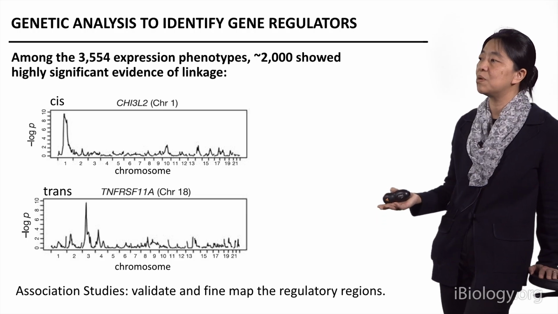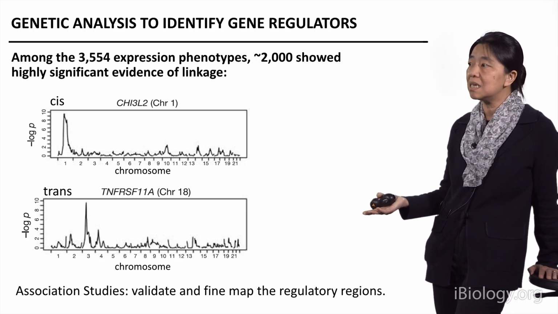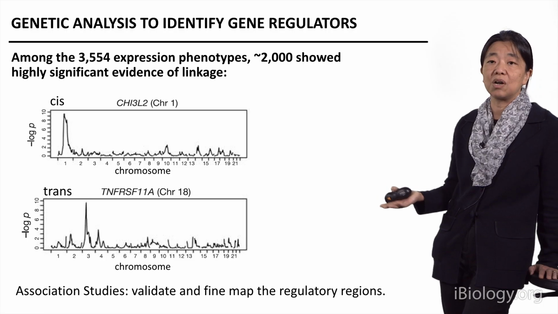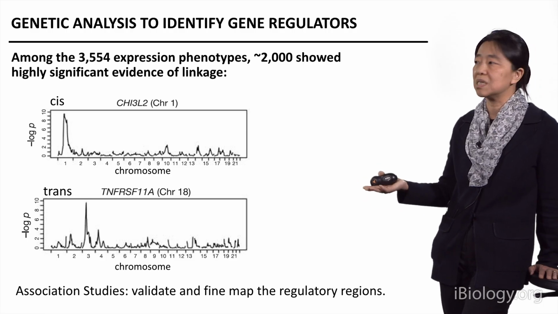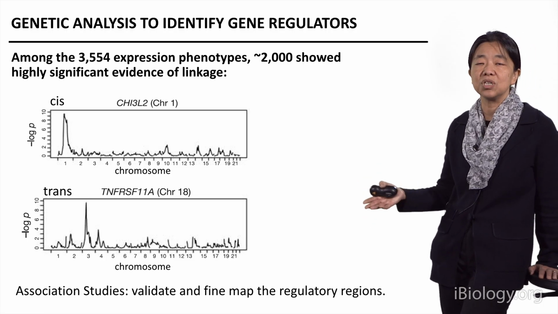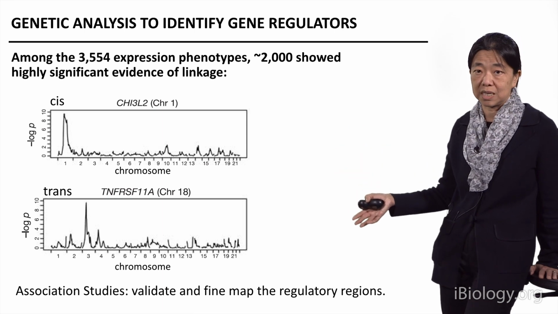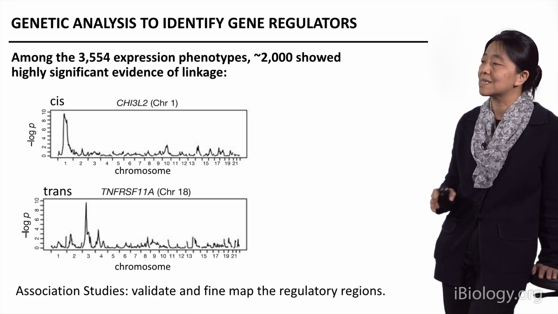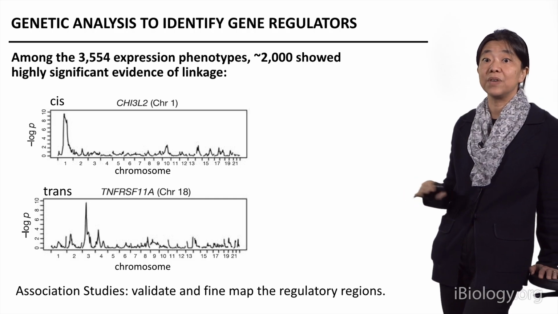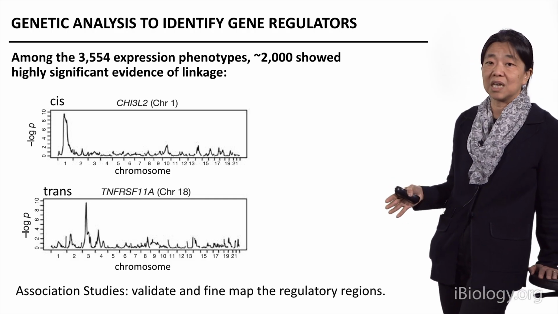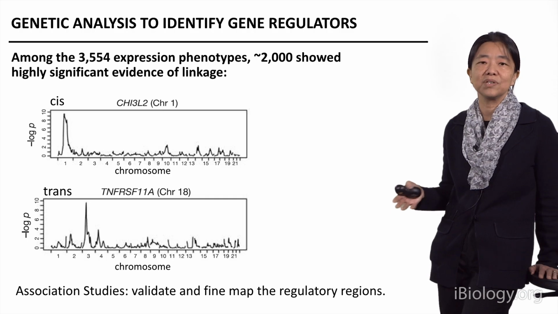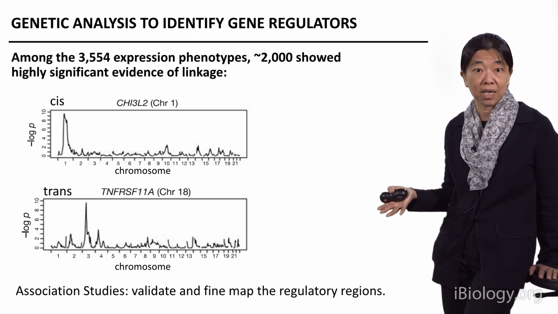Here's another example where the gene is on chromosome 18, but the regulatory region is on chromosome 3, so of course it's not regulated by something close to the gene. But you will see that the size of this linkage peak is very broad, basically covering the entire chromosome. That doesn't give us much information on where to look for the regulation.